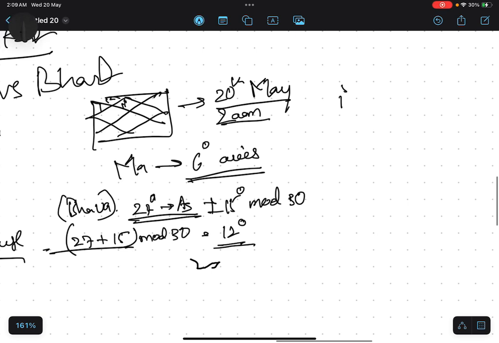Just tell me this. Why am I putting this in revision videos? Because in case you miss it, the rest of the stuff you can just revise, read and understand. But this is important. It's a mathematical example. So the first house starts from 12 degree Capricorn, its middle point is 27 degree Aquarius, and it ends at 12 degree